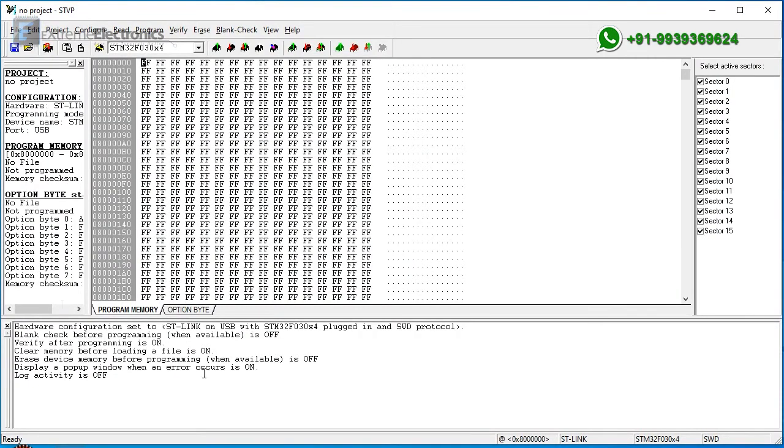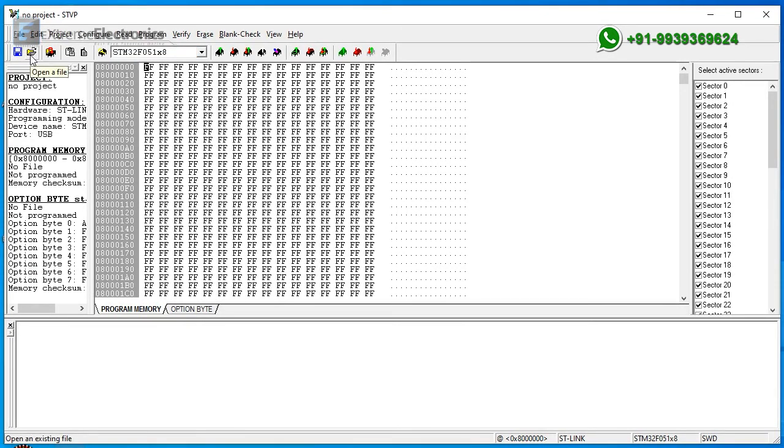Here you can see the main window of ST Visual Programmer. At the top you can see the menu bar and below it is the toolbar. And then you can see here you can change the microcontroller. From this drop down menu you can select the microcontroller.